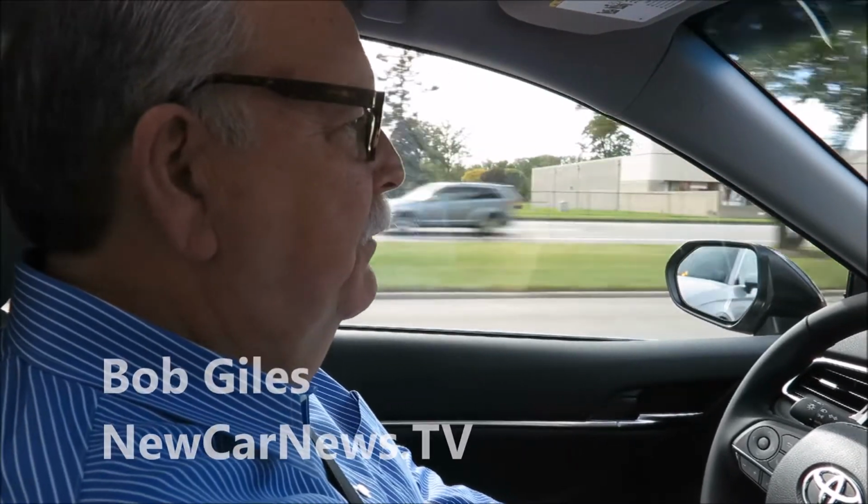This is a beautiful new car. It's completely new, inside and out. And I got a real sense of it when I talked to Chad Moore from Toyota at the Mama Fall Rally in Joliet, Illinois. Chad took me through the entire car and kind of gave me a sense of what's new about the vehicle. Well, this new 2018 Camry, this is the XSE we're looking at here, but the SE